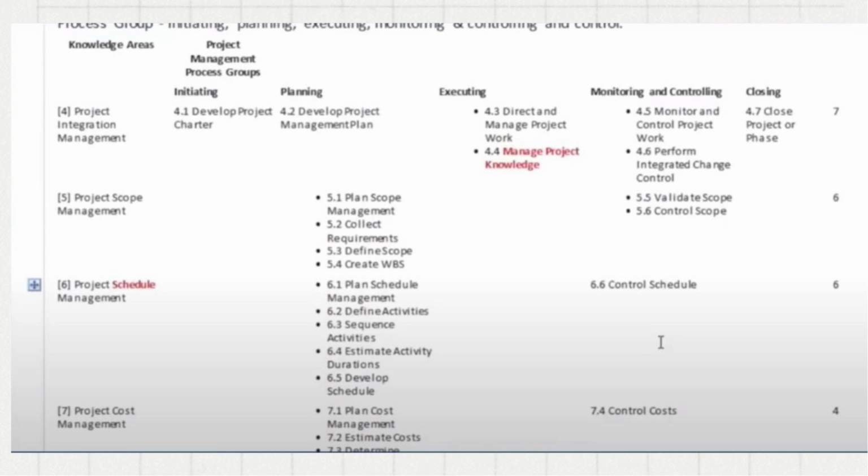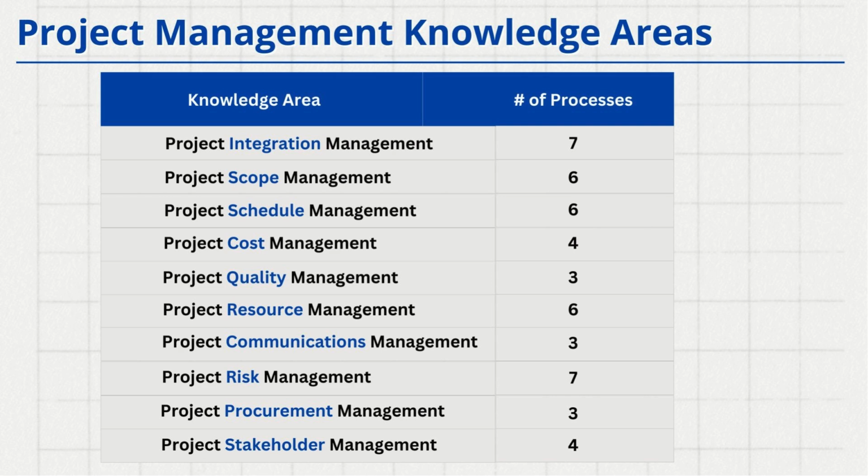Just to give you one example, project integration management would cut across all the process groups because, when it comes to integration, we are integrating the activities or the processes that we are performing as a part of these various process groups. That means project integration management is definitely one of the biggest knowledge areas. Then, scope management would have mainly the planning part and a bit of monitoring and controlling. Schedule management will mostly be in planning and monitoring and controlling. But if you see, closing is the smallest one, so it has only one process in that. This is how the 49 processes are mapped across the process groups and the different knowledge areas.